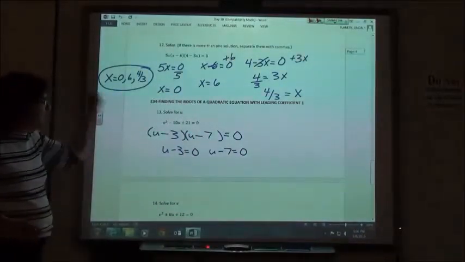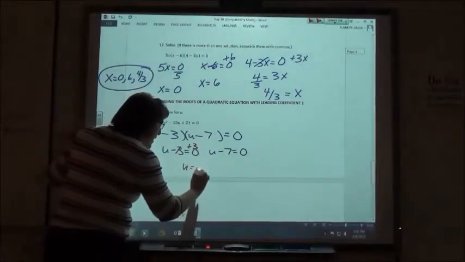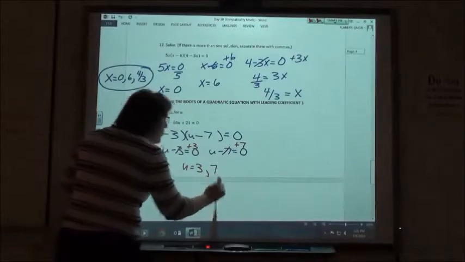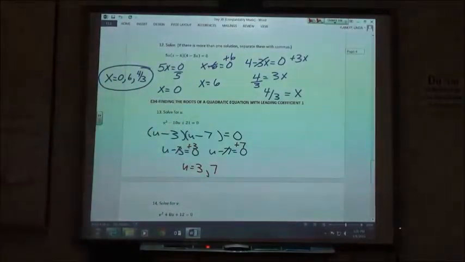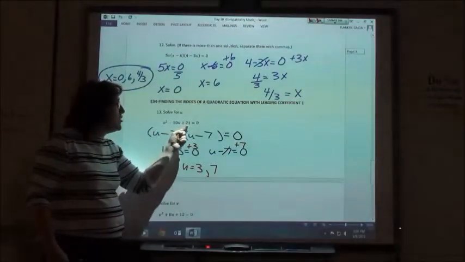Solving these, we just have to move our number over. So I'm going to add 3. U would equal 3. I'm going to add 7, so u could equal 7. Checking that out, what does that mean? It means that these are the only two numbers you could ever plug into this equation and get an answer